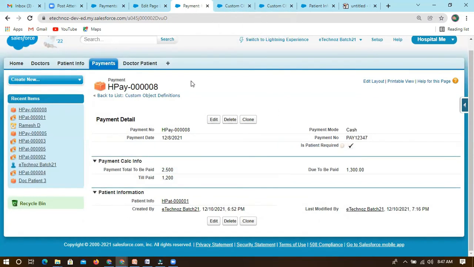This is one scenario, and the second scenario, is it clear? We can do mandatory at different places. One, we can do at field level, when all profiles need it. And second, we can also mandate a field at page layout when this is required. If this is for different profiles, different layouts, in that case we will use this. Is it clear to everyone? Anyone having any other doubts or confusion? Anything you can ask.